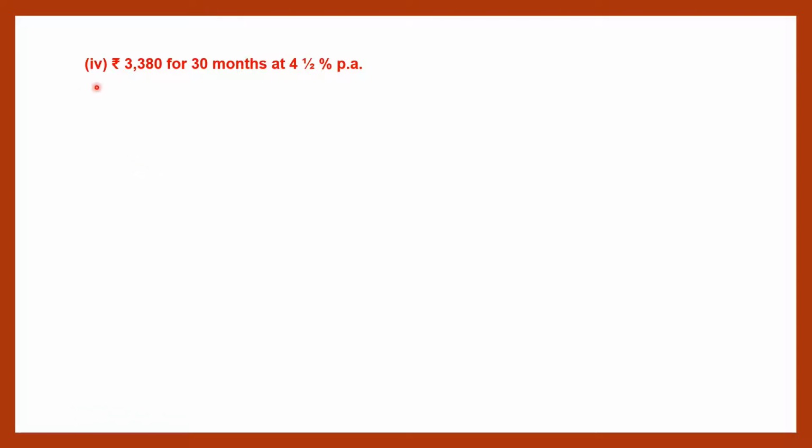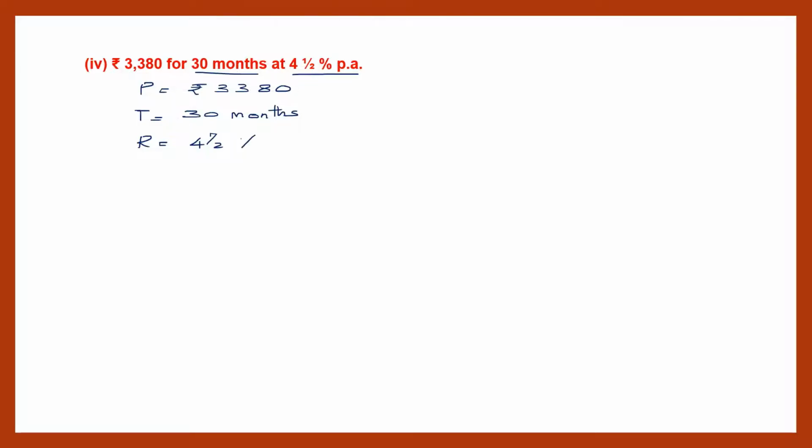Question 4. What have we been given here? We've been given the principal. So let's write down what we are given. So first is the principal we've been given, which is rupees 3,380. Then we've been given the time, that is 30 months. And we've been given the rate of interest, that is R, which is